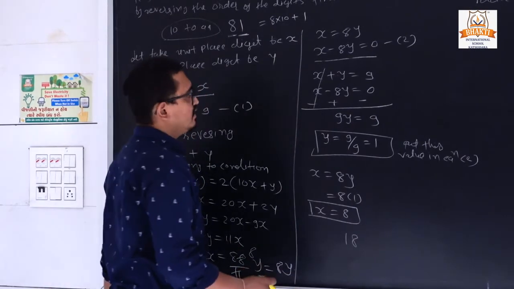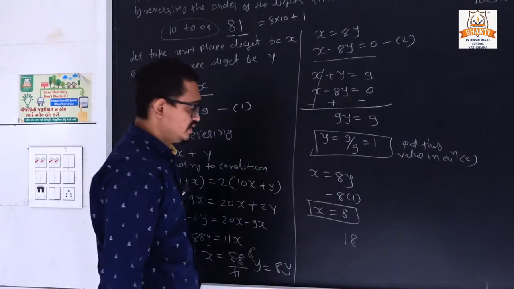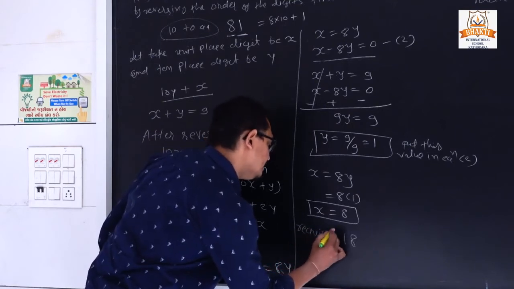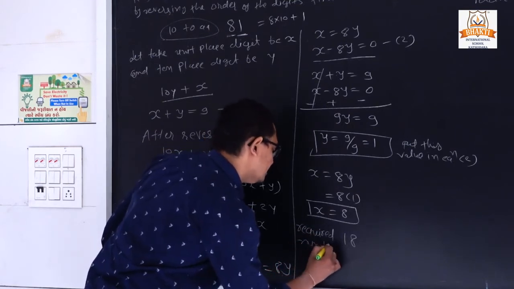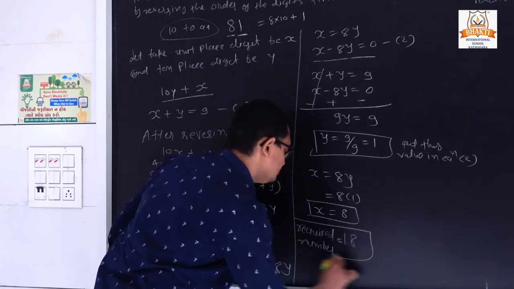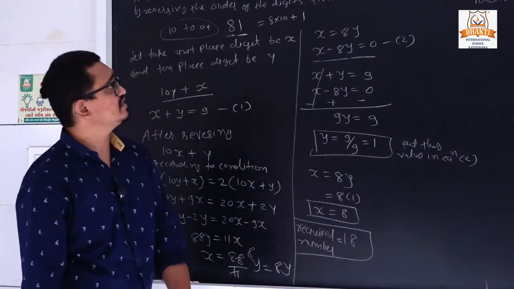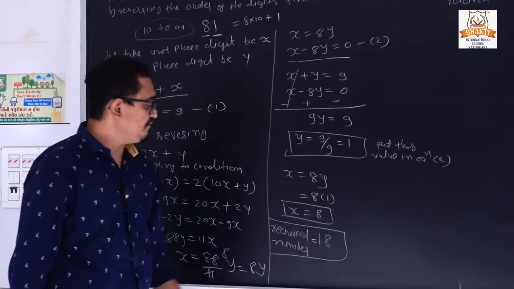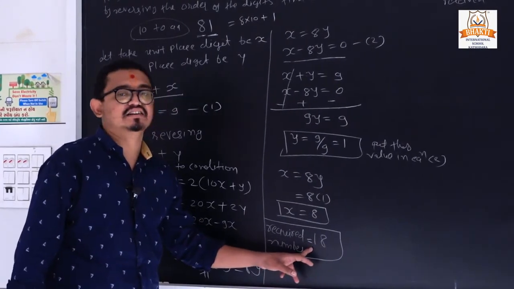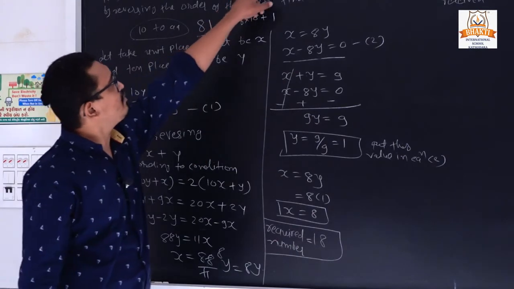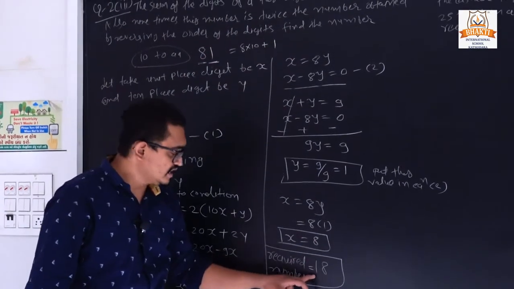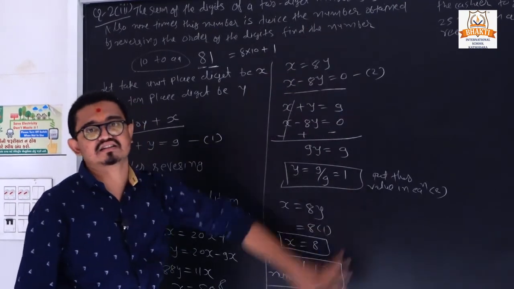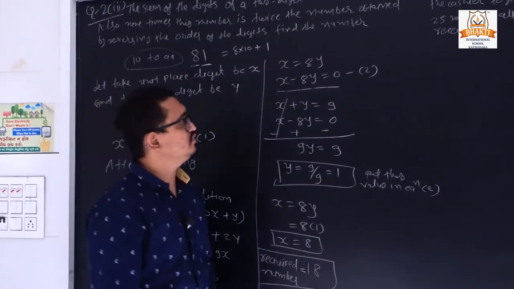So what is our required number? So we can write like that, required number is equal to 18. Which is our required number? It is 18. Now if we want to verify our answer, see that the sum of the 2 digits is 9. So here we can sum 8 plus 1, so it is 9. So our answer is true. Now next,